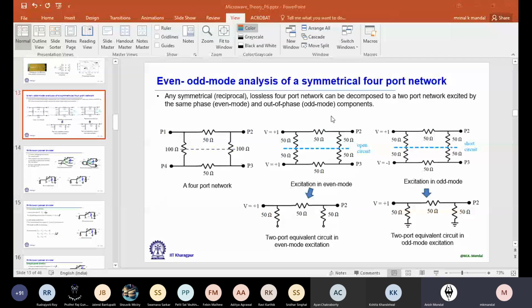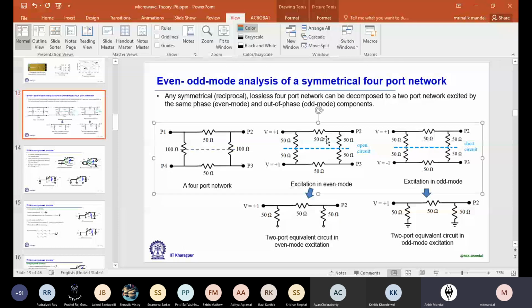Sir, so when we do the final calculation, there should be two parts, right? The top part and the bottom part. Yes, yes. It is like superposition of even mode and odd mode. So if I superimpose, then you see plus 1 with plus 1 on the right side. It becomes 2. And the bottom one, plus 1 plus minus 1, becomes 0. So as if all together you are feeding it by a 2-volt source.